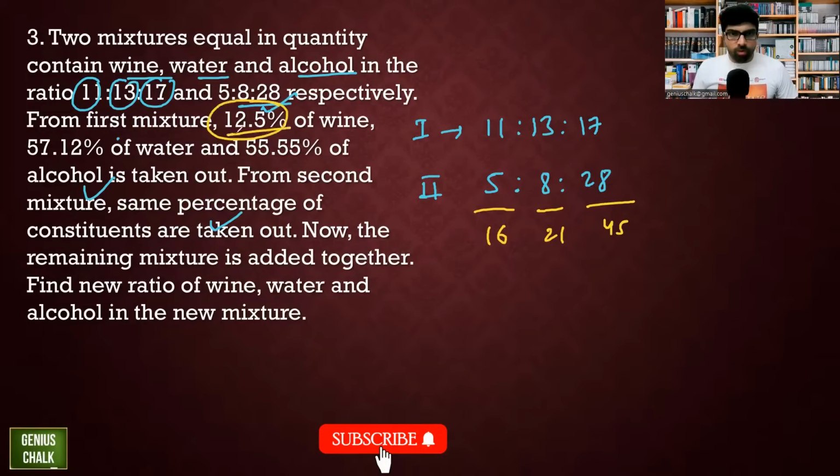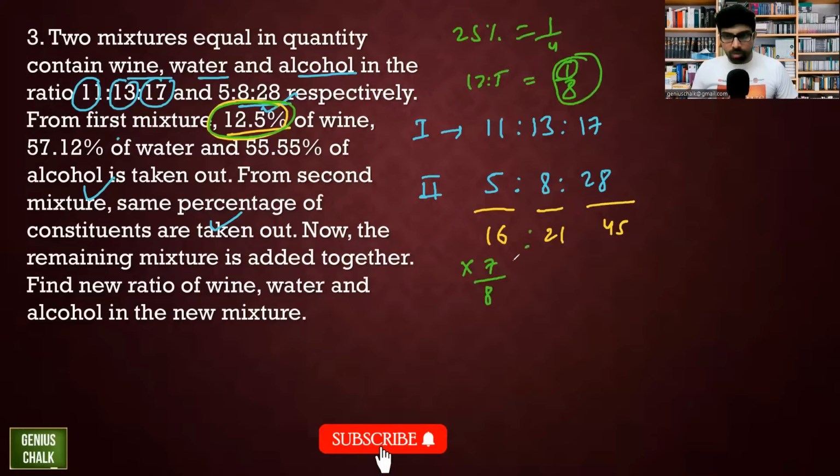From the first, 12.5% is taken out. So it is the taking out percentage, whether you know this or not. 12.5 is basically half of 25%. What is 25%? 1 by 4. So 12.5 has to be 1 by 8. So if 1 by 8, that means one portion out of 8 is gone. What is left? 7 by 8 is left. So I have to multiply 16 into 7 by 8. 57.12%. What is